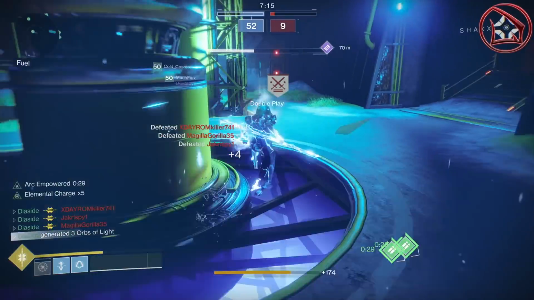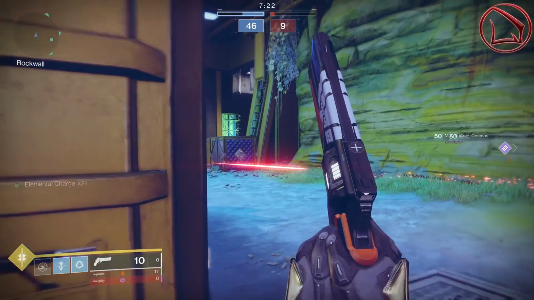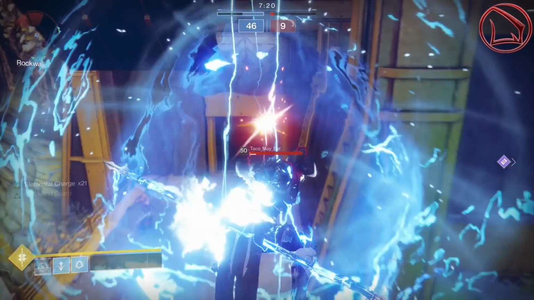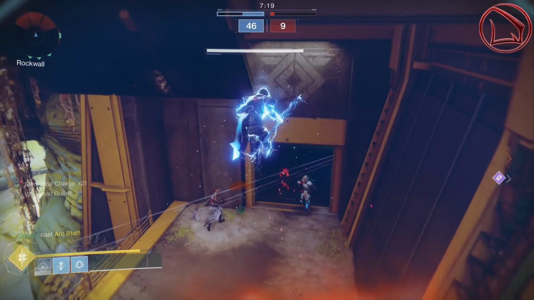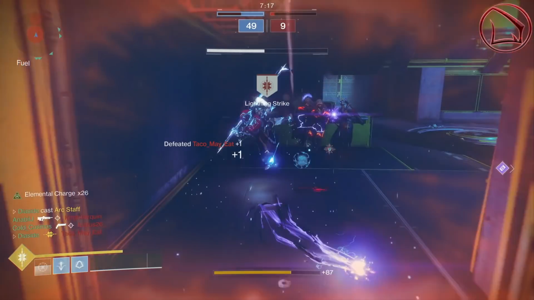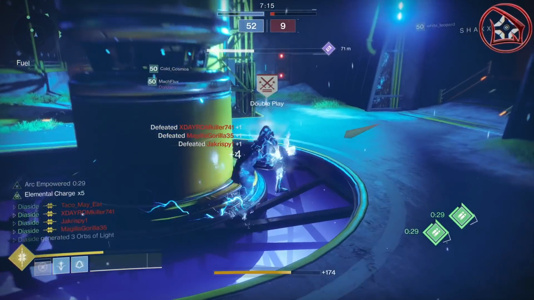As I rewind this and put in slow motion one more time, the main thing I want you to take away from this is that you can pop your super in the air and then close the gap even more by simply doing the melee attack in the air once again. This can then lead into a phenomenal ground pound attack and can pretty much take out every single Guardian who's in that vicinity. But the next example that I want to show you is doing this exact same attack,